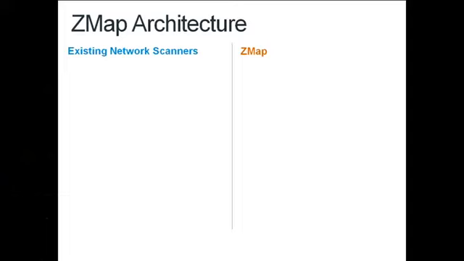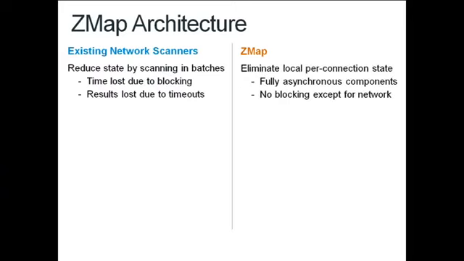So in developing ZMAP, we realized we needed to do a bunch of things differently from existing general-purpose scanners like Nmap, in order to try to get really high bandwidth performance out of it. So one thing we decided to do was attempt to eliminate as much state as possible from each of the connection attempts we're trying to make. The way Nmap works, it maintains some state to track each connection it's trying to open. It has timeouts for each of those connections. It uses batching in order to do rate limiting and avoid oversaturating the network.